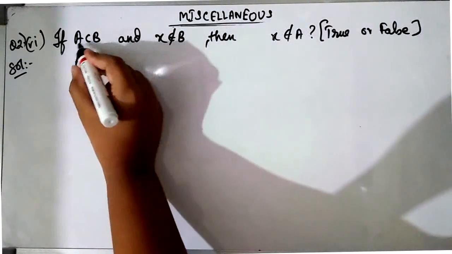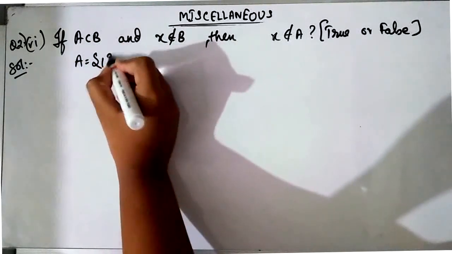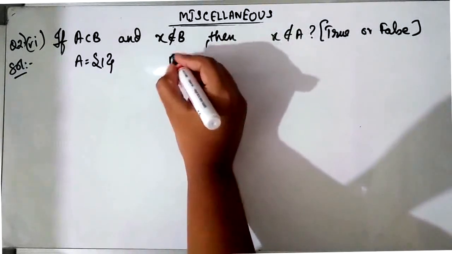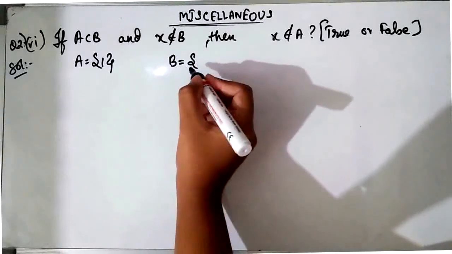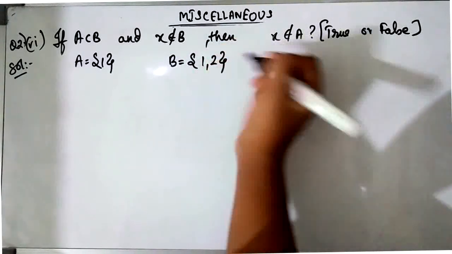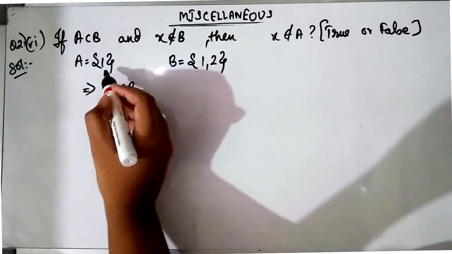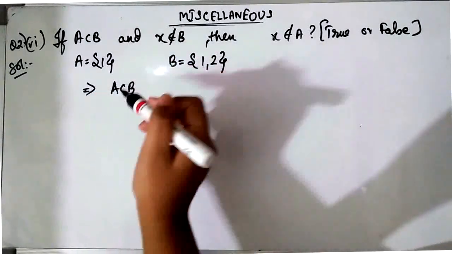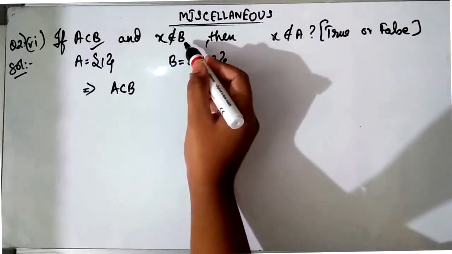So now we will take set A and B in such a way that A will become a subset of B. So let's take A to have only one element, that is 1 itself, and set B we will take in such a way that A should become a subset of B, that is A should become a part of B. So we will take elements 1, 2. Now with this you can say that A is a subset of B because element 1 is present in B also, so you can say that A is a part of B or a subset of B. So first condition fulfilled. Now check the second condition.